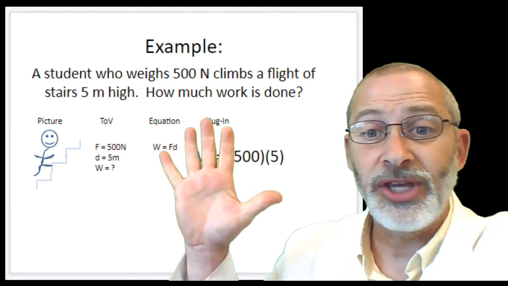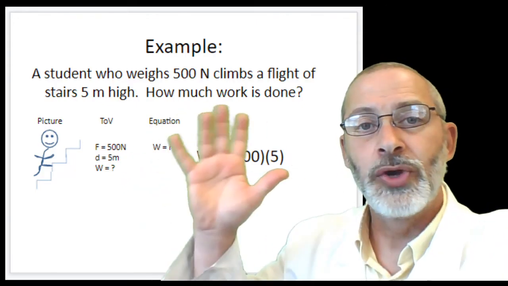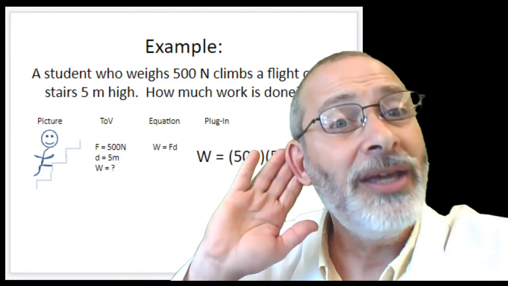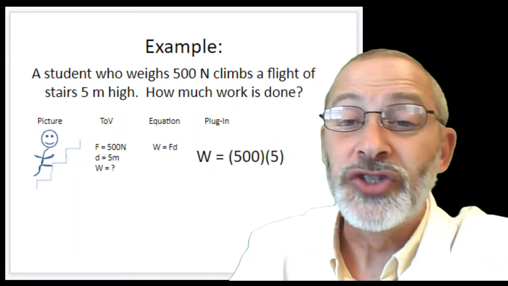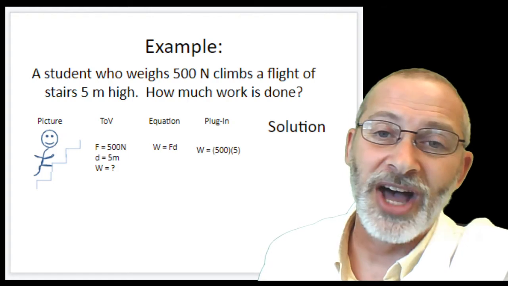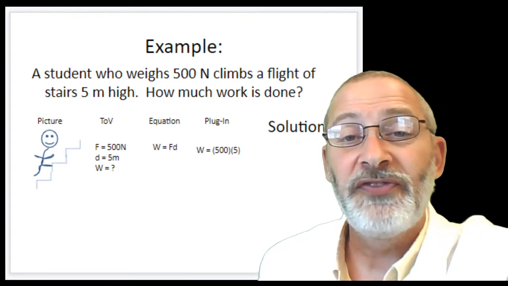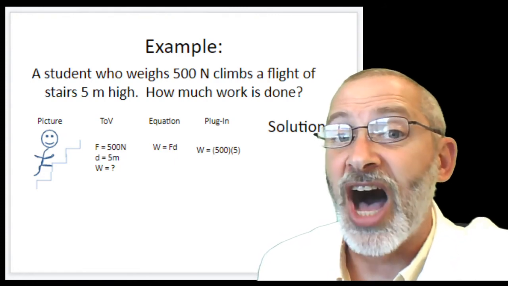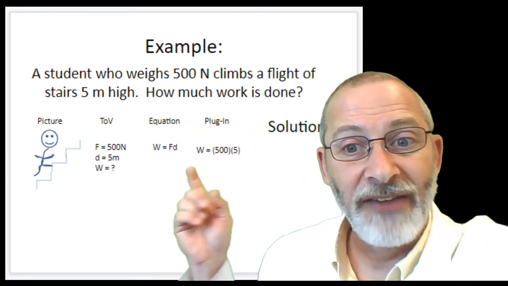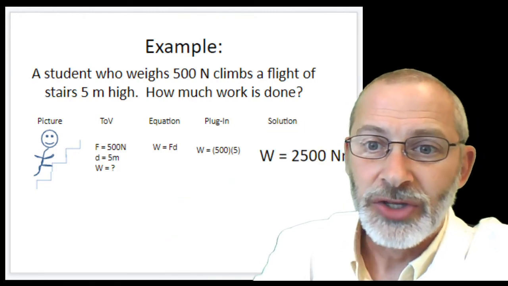And that brings us to the only step of the 5 steps that involves actual mathematics. And so what is that 5th step of solving word problems, everybody? The solution, or solve that problem. You've got to solve it to find the solution. So here we just do the math. So what is 500 times 5? Think about it. 5 times 5 is 25, and there are 2 zeros there. So our answer is